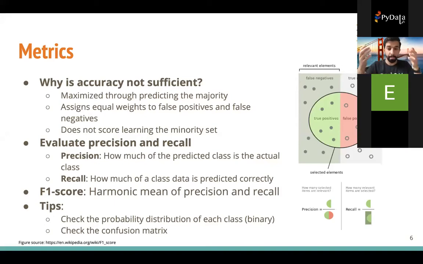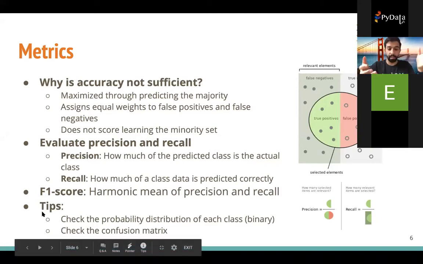And generally, in imbalanced data sets, the minority label initially is going to have a high precision because we only predict very few positive data points, and most of them are actually correct. But it's going to have a very bad recall because many of the positives are going to be mislabeled as negative because of the overfitting towards the majority data set. Then we have the F1 score. The F1 score is basically the harmonic mean of precision and recall. We're going to see the definition of it later.